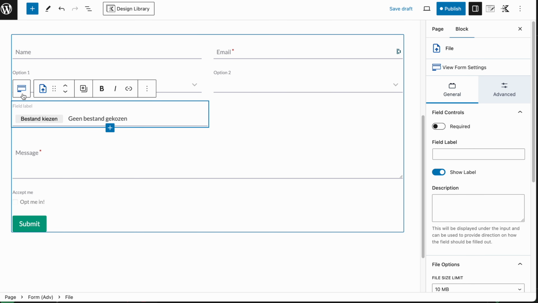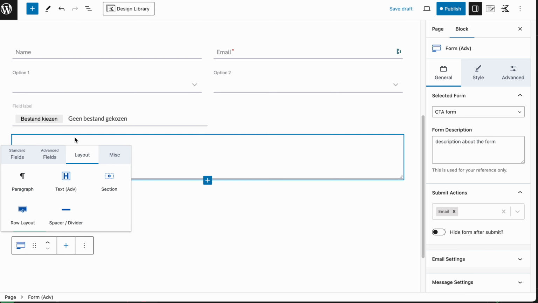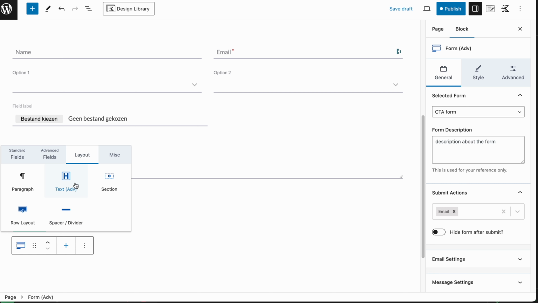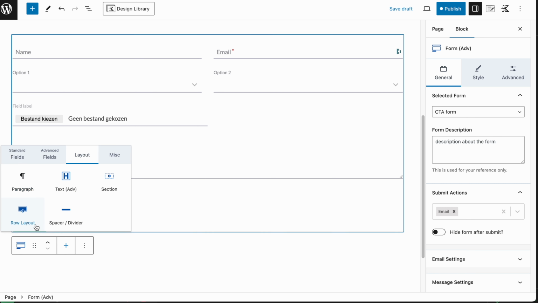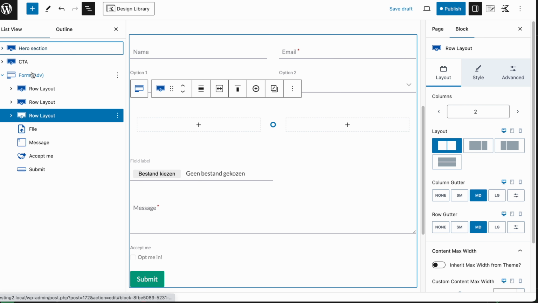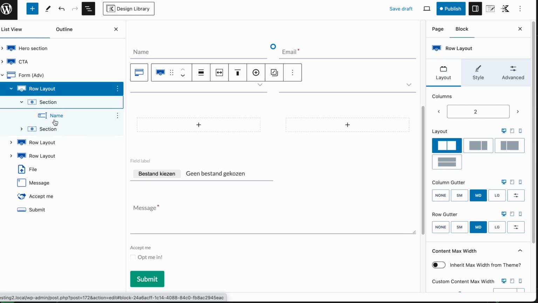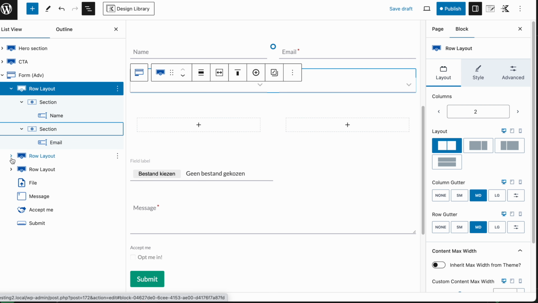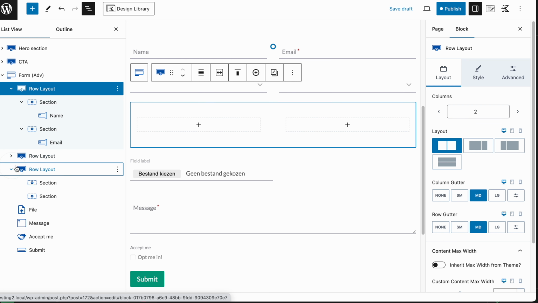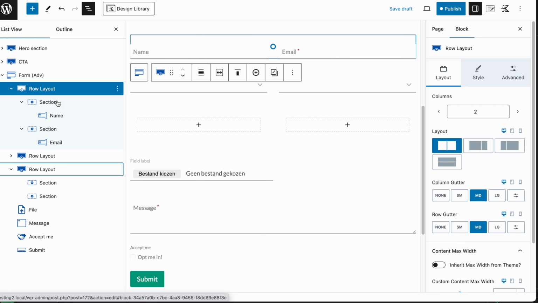If we once more go to the form, click on plus, you have some layout blocks as well. So you can put in an advanced text block. You can also put in a row layout. So I can just pop one in right over here. So our form, if we open it up now, has one row layout over here with 2 sections already in it, with the name field and the email field, another row layout with 2 sections, and then the one that I just inserted. So you can easily create a form visually without having too much problems, because row layouts is